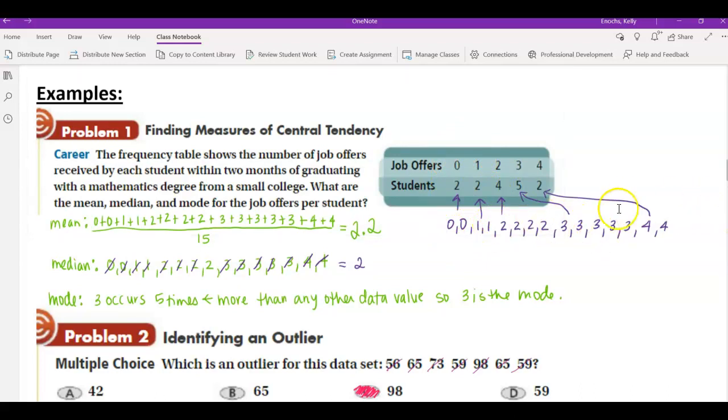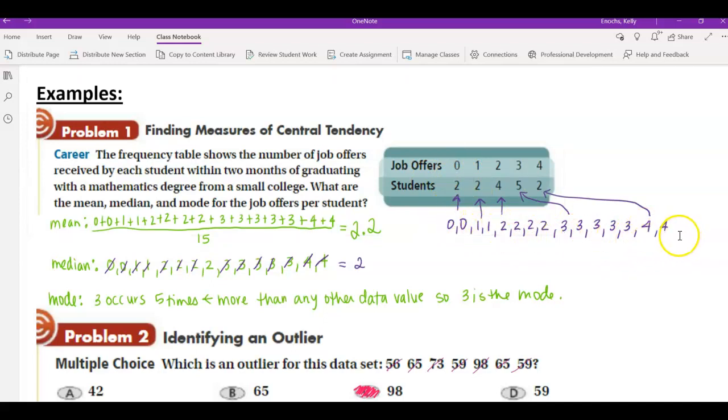string of data sets. So the number of students who got that many job offers, which means there are two students or two data sets that both got 0 job offers. Two students that got 1 job offer, so there should be 2 ones. 4 students that got 2 job offers, so there should be 4 data points with a 2 on them, etc. So that's the first thing I did, was fill out all of those data sets from this table as individual